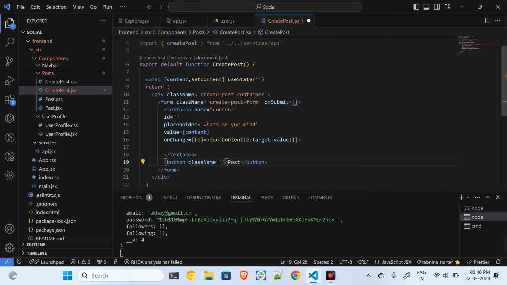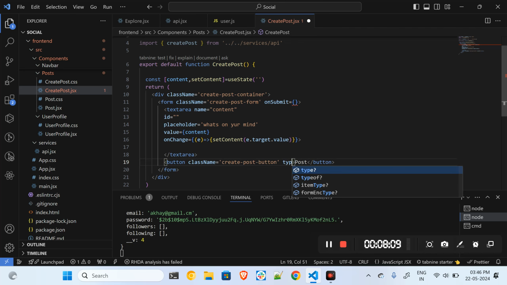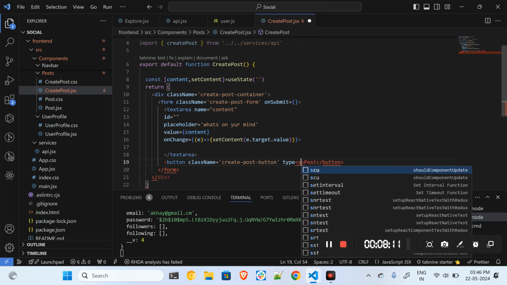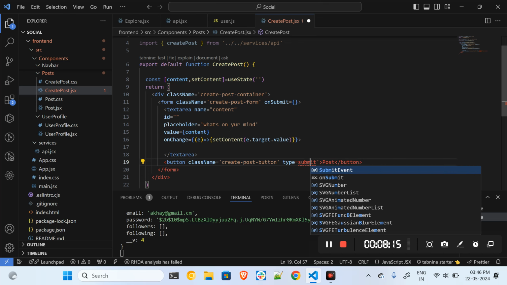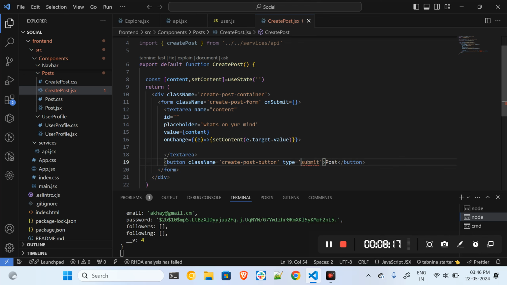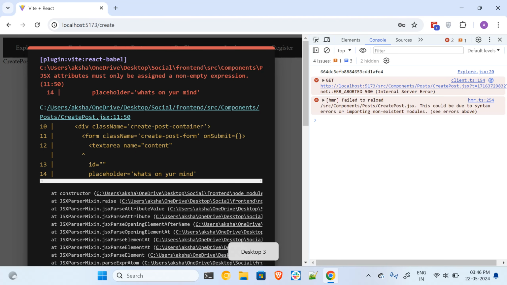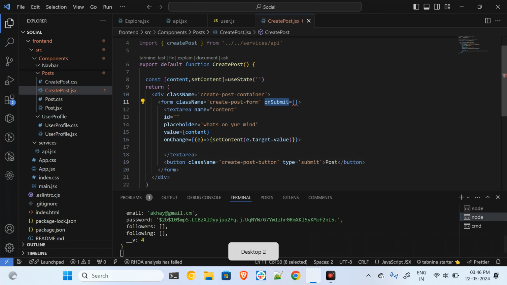This button will have the class, and the button will be of type submit over here, and the button is of type submit. Let me just go to the create post. It will throw an error because of this onSubmit,